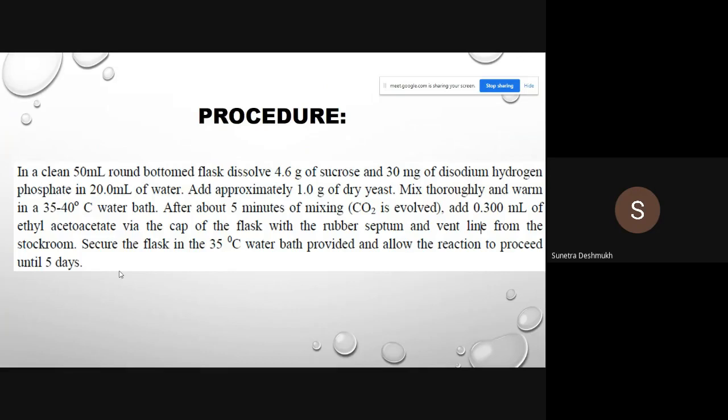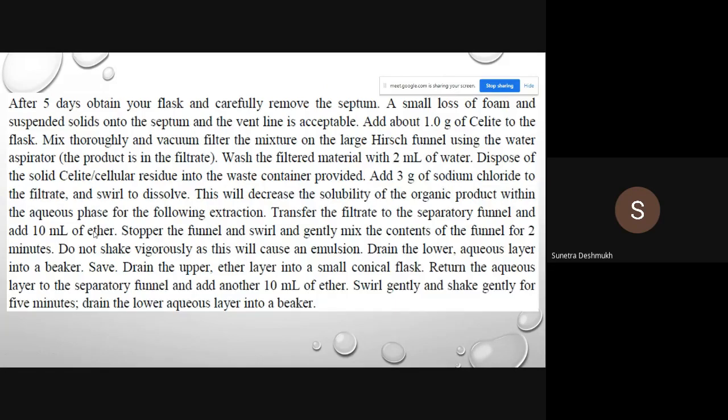Secure the flask in the 35 degree centigrade water bath provided and allow the reaction to proceed for 5 days. After adding all these ingredients, we have to keep them for the next 5 days to allow the yeast to convert the carbonyl into the hydroxyl group.